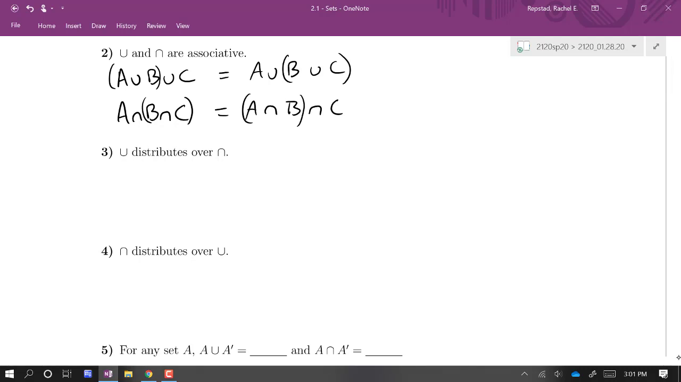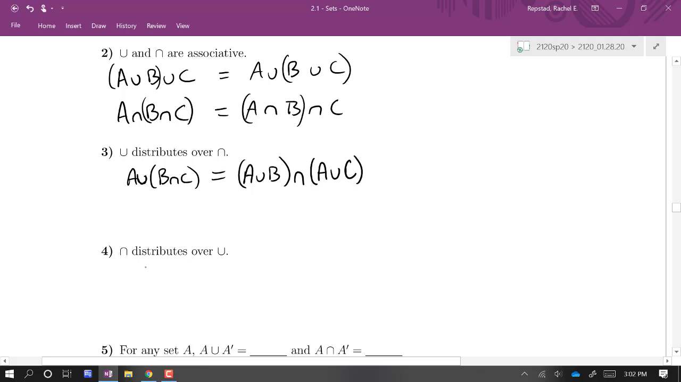Three and 4 give us the distributive properties. So union distributes over intersection. A union, B intersect C. If that union distributes over the intersection, what does that mean? What should we be able to write on the other side? A union B, in parentheses, and then the other sign, intersect, and then A union C. Yeah, great. And then intersection distributes over union, so we get to do the same thing there. A intersect B union C is A intersect B union